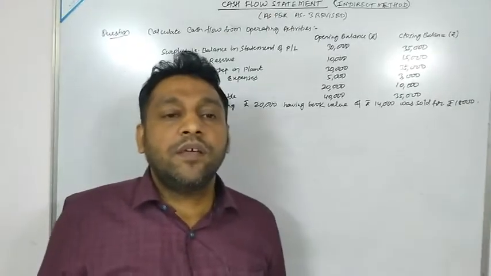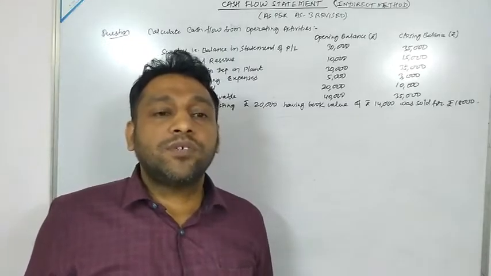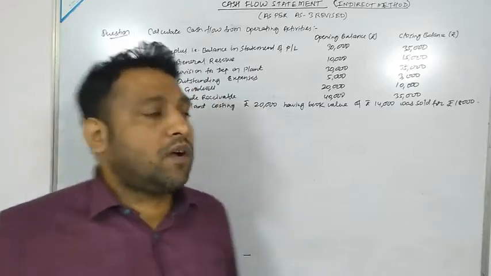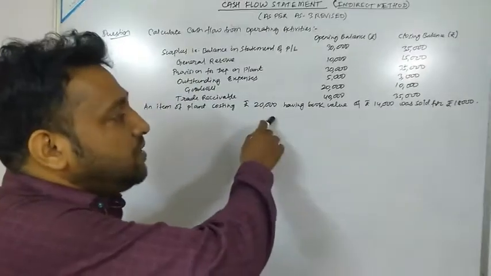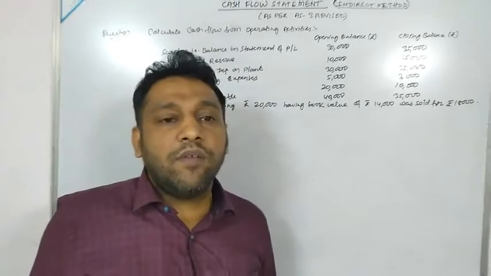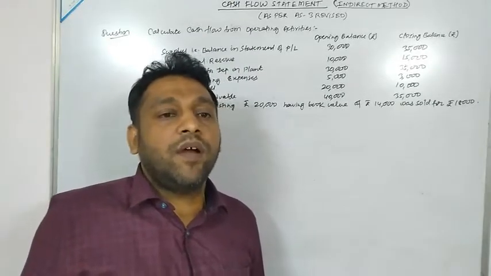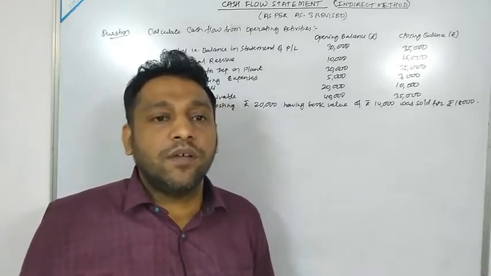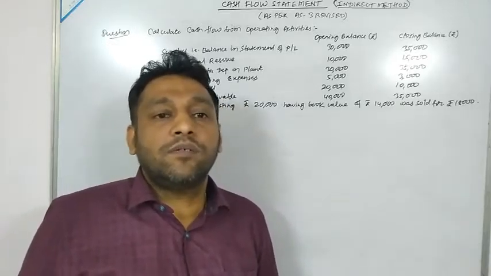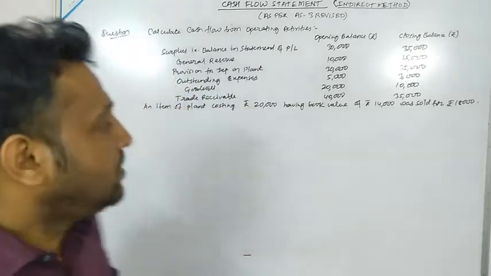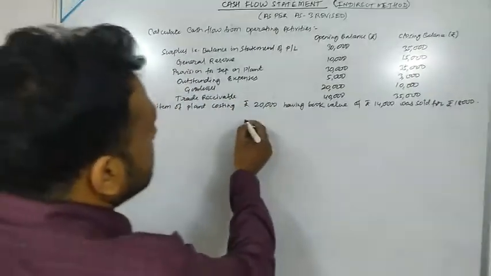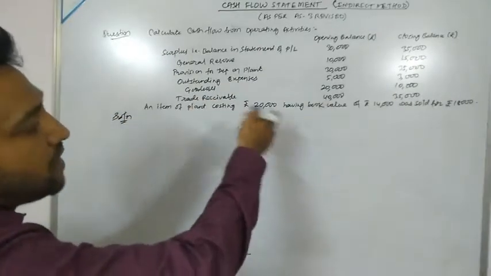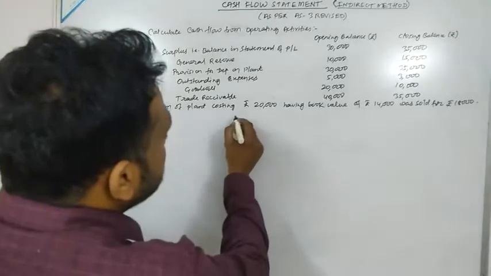Okay, so here listen. Before solving this question, what do we have to do? We have to prepare the working note. Why are we preparing a working note? Because the adjustment relating to plant, a fixed asset, has been given. Remember, whenever an adjustment is given, we are required to prepare the necessary working note to calculate the depreciation or profit on sale of assets. So before solving the question, let us prepare the working note. Let us prepare your plant account.